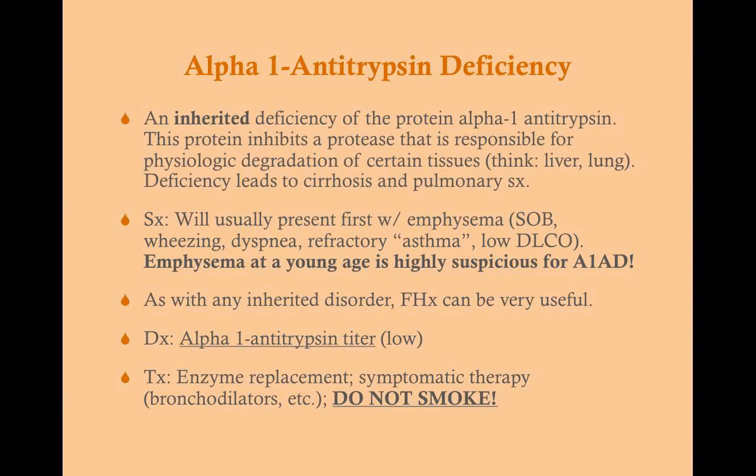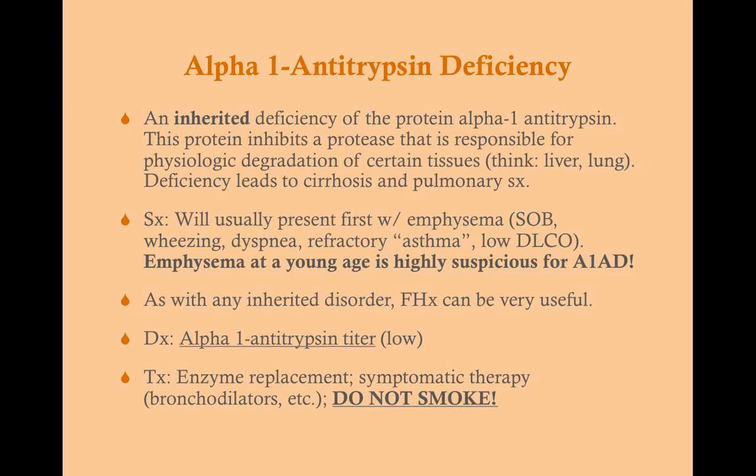Technically, what differentiates asthma from emphysema is the carbon monoxide diffusion capacity. But these will be patients with emphysema without a smoking history. So emphysema at a young age is highly suspicious for alpha-1 antitrypsin deficiency. A lot of times the way these patients will present is just the patient that has asthma that never seems to go away. So it's important to get a history on these patients, again, pulmonary history, liver history, etc.